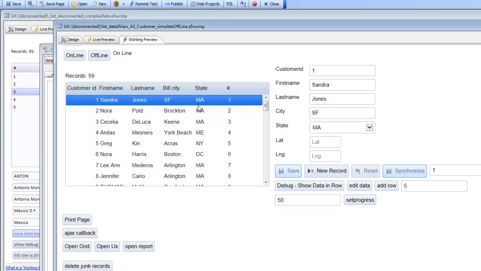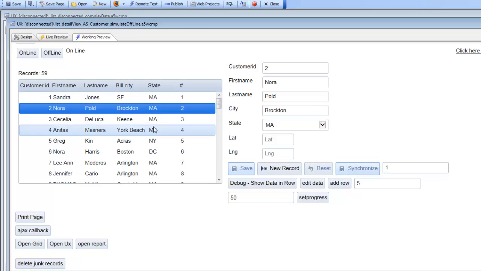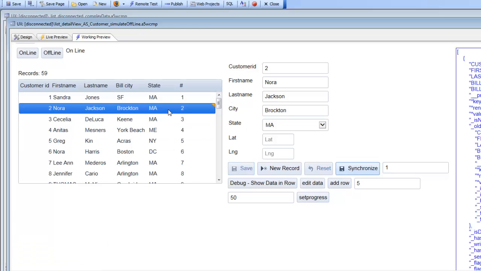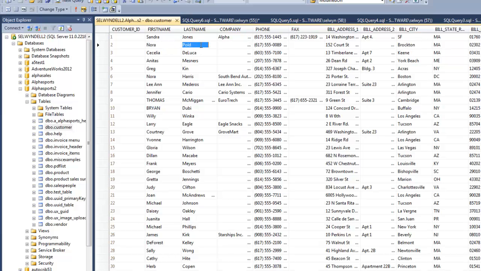Another type of error is called a synchronization error, or a write conflict error. So for example, let's say we have this record over here that says Nora Pold, and I'm going to go now and edit this and change this to, say, Jackson, and then save it. So now I've saved this record locally, but I haven't yet pushed it to the server. Now I'm going to go to the server and go to that record Nora Pold, let's just refresh this, and make an edit here and change this to